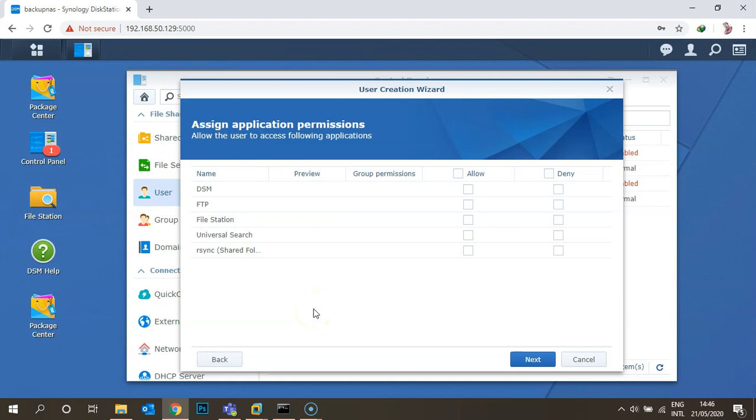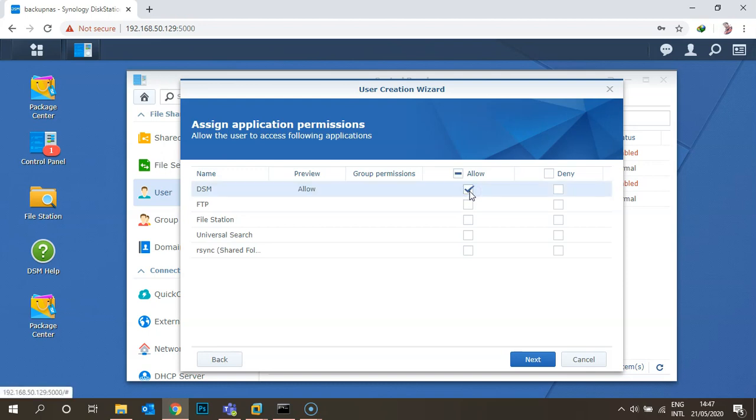This is for if you want the user to only access DSM from the web URL. Let's take an example, we have a backup user. You want that backup user to access File Station, FTP and DSM, so you can give that permission to the user. Or you want that user to only access File Station or particular FTP services or universal services, then you need to give the permission here. What I'll do right now is allow this user to access the DSM, meaning your Synology DSM operating system, by using a browser.